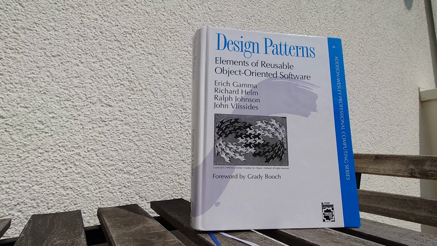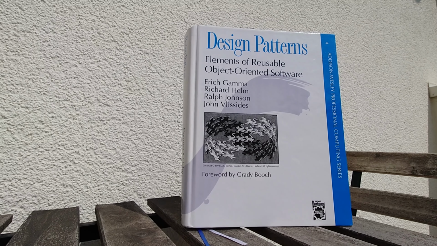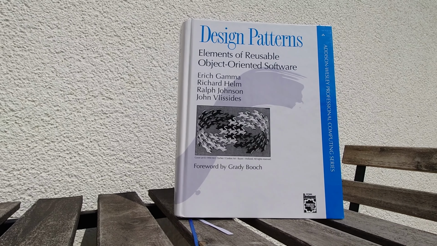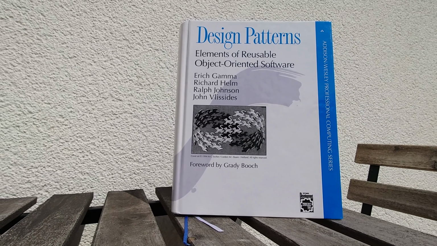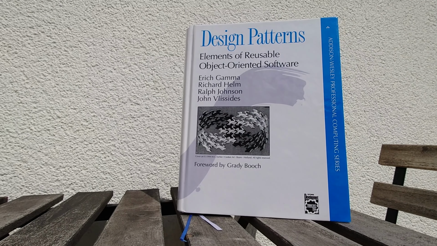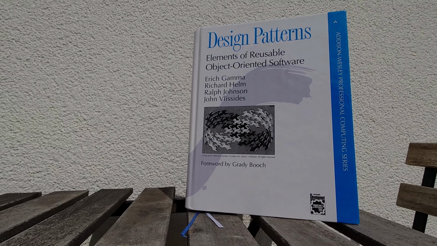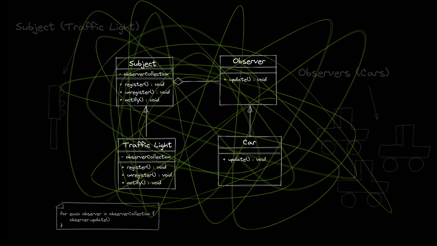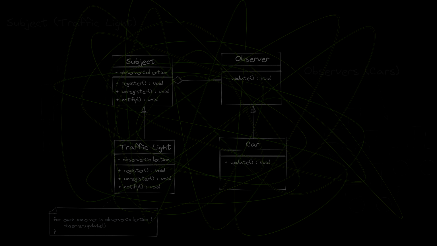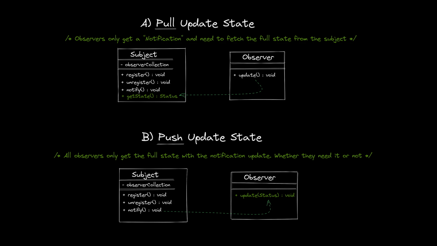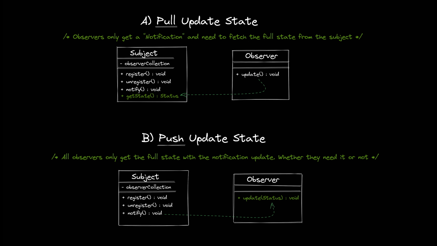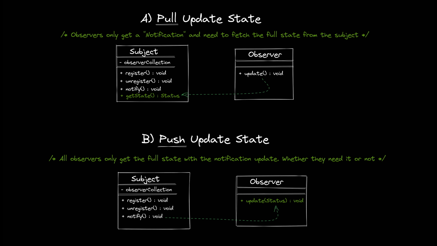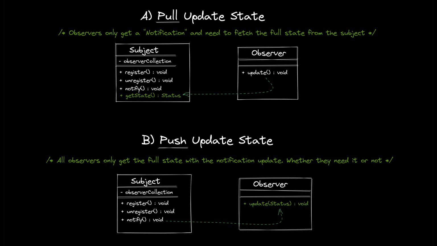For example, some implementations of the pattern end up with what is called tight coupling between the observers and subjects, even if the original pattern tries to mitigate this by using interfaces as abstractions. This coupling then means that both sides are highly aware of each other, which is quite often not a desirable trait in software engineering. The book also mentions different ways of providing updates and whether status information should be pulled from the subject or being pushed to the observer, which has different consequences on your architecture.